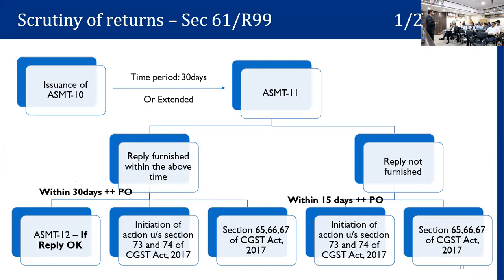जैसे सपोज एएसएमटी 10 में 10 इश्यूज या 5 इश्यूज, 4 आई एक्सेप्टेड पेड, and 1 I didn't accept it. I asked the officer, you issue me ASMT 12. He says, no, I don't have that functionality. करेक्ट। तो वेरी गुड पॉइंट। 10 आइटम्स इन असेसमेंट, 8 ही हैज एक्सेप्टेड, 2 पे खाली डिमांड बनाना है। तो 2 के लिए ही विल गिव मी 73 74 का शो कॉज नोटिस, प्री शो कॉज व्हाटएवर इट इज। मैंने बोला कि 8 जो क्लोज हो गया है वो तो दे दो, बट टेक्निकली इन देयर पोर्टल दे आर अनेबल टू डू इट।